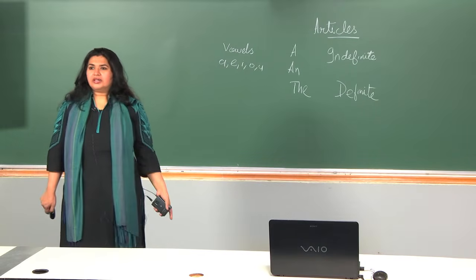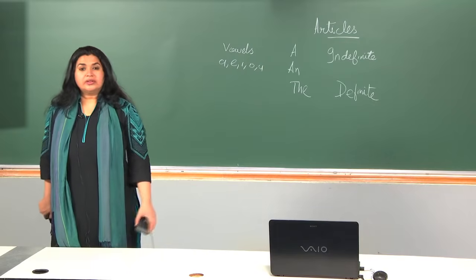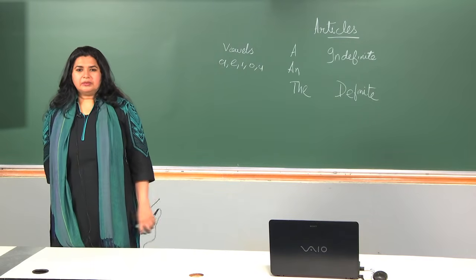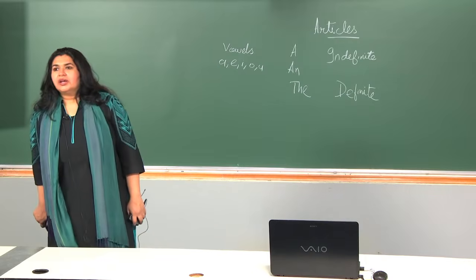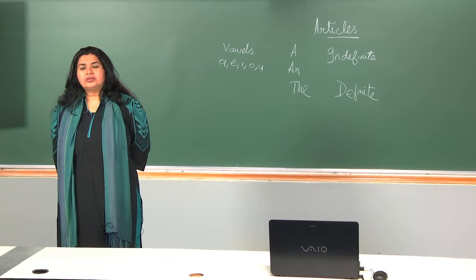So, therefore, it is important that the listener or reader should know which person or thing is being specifically talked about. This is the experiment which went wrong. Now, definite article is generally used with